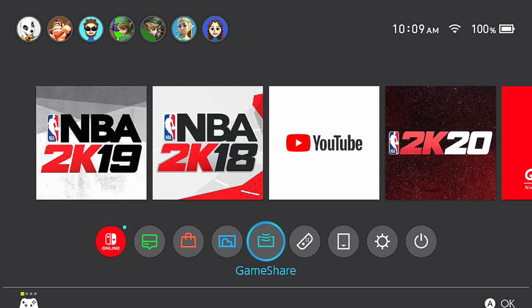Album. The album stores captured screenshots and videos. Pressing the Capture button on the controller, in supported software, will save a screenshot, either to the micro SD card, or to the system memory. The album allows users to view screenshots that have been taken. Screenshots can be edited by adding text, and they can be shared to Facebook or Twitter.